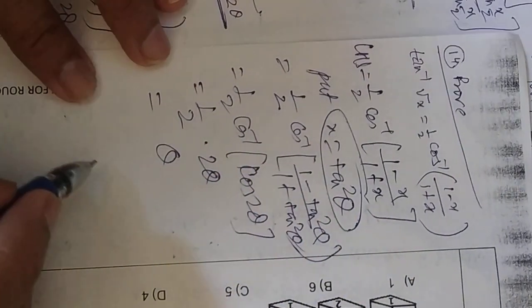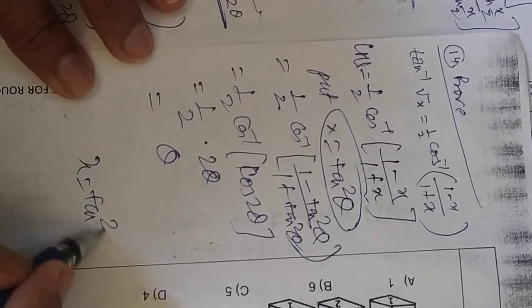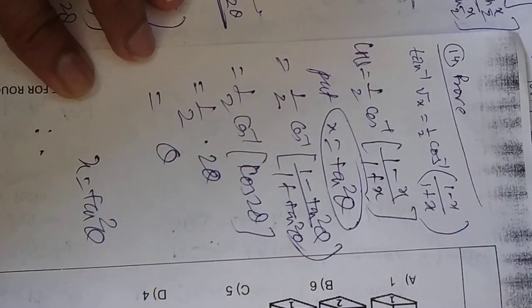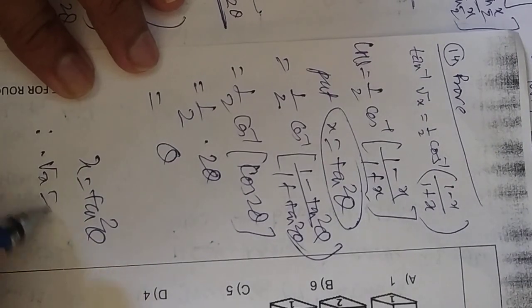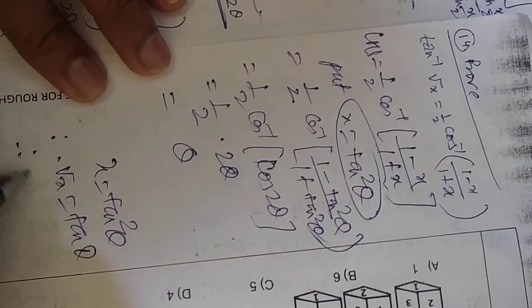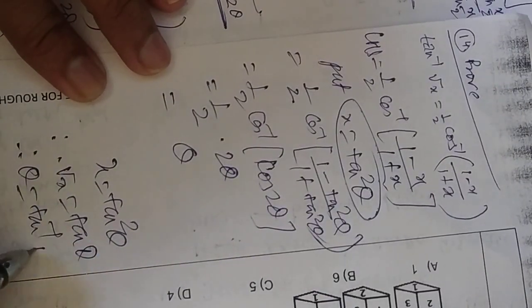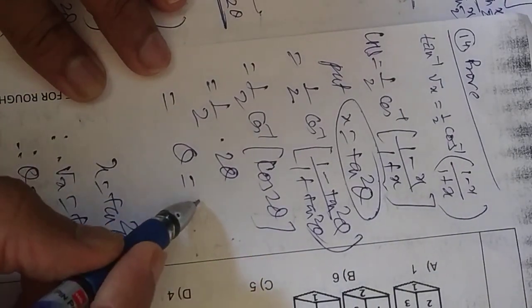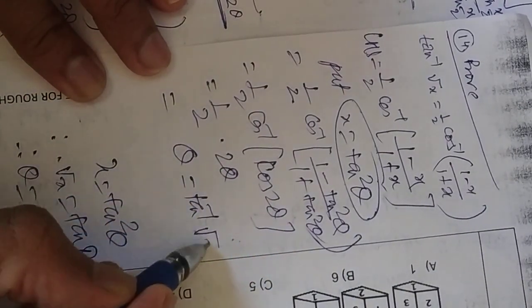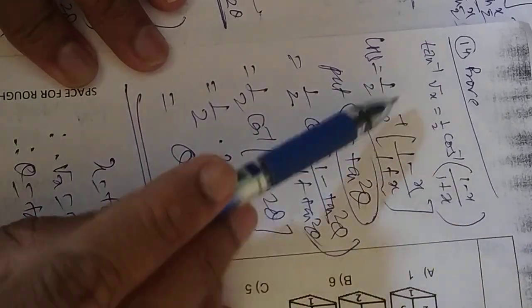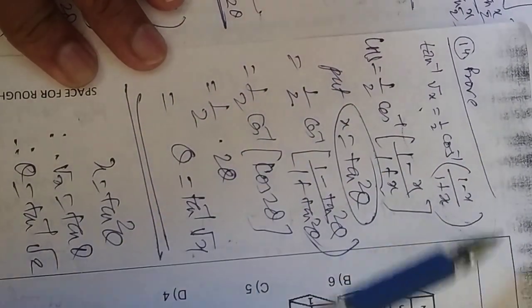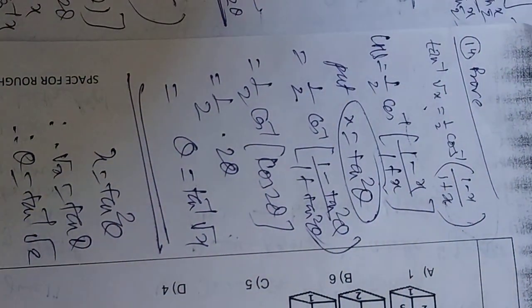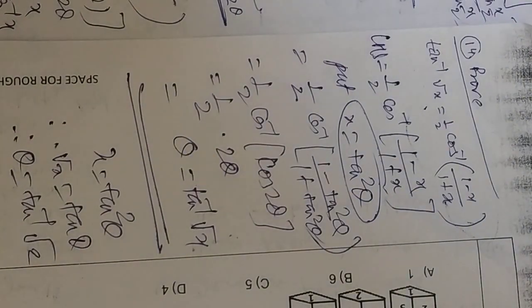Now I will take that expression, x is equal to tan square theta. Therefore root x is equal to tan theta. Therefore theta is equal to tan inverse of root x. So I should write here tan inverse of root x. See the left hand side, it was tan inverse of root x will be equal to. So by using this technique you can simply get the problem solved. So remaining all assignments will be like this.